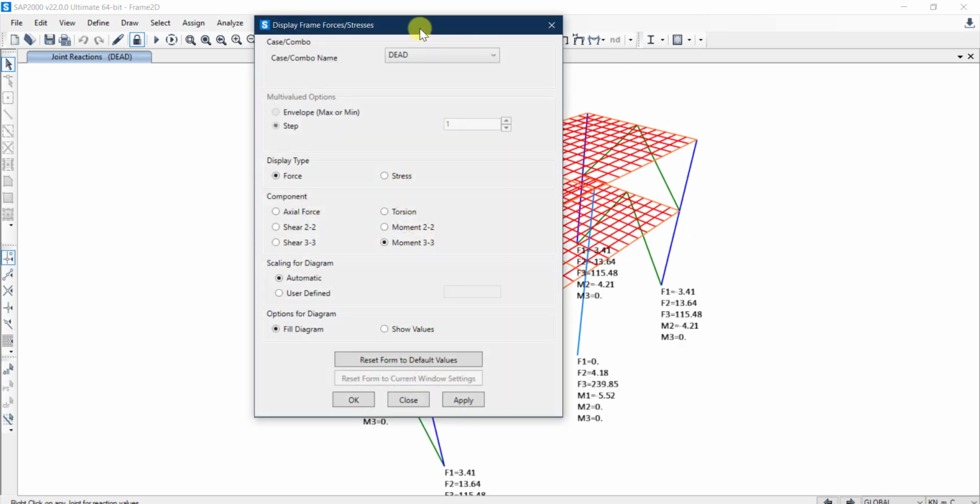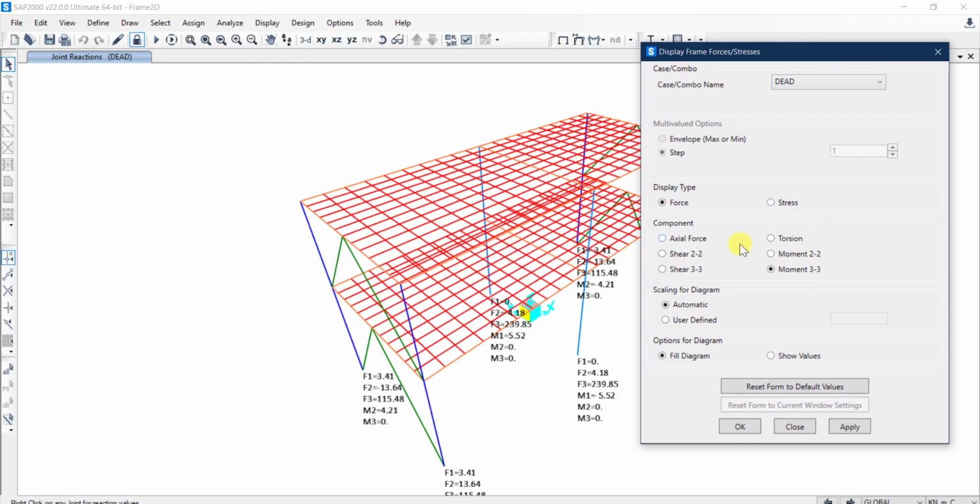All right. Okay. So now let me go again to frame shells. Let's look at the dead load. Let's start in sequence, so let's start with the axial force, and the visualization that we are going to do here is by force diagram. I'll show you what this means. So if I click apply,